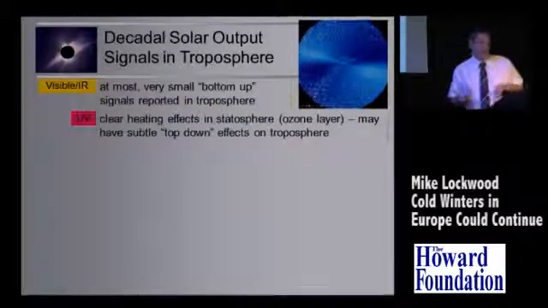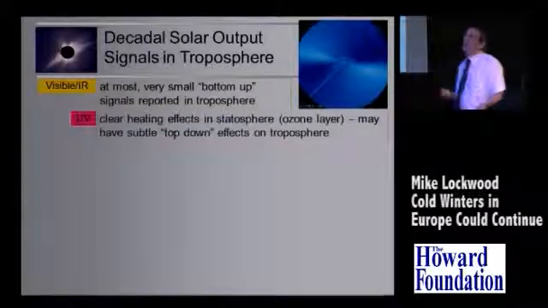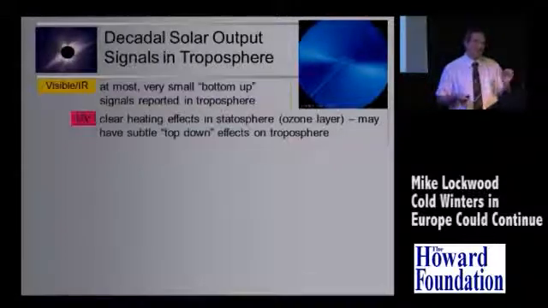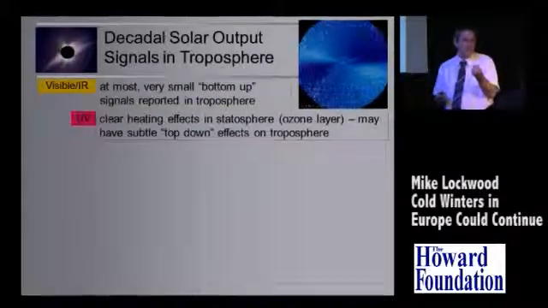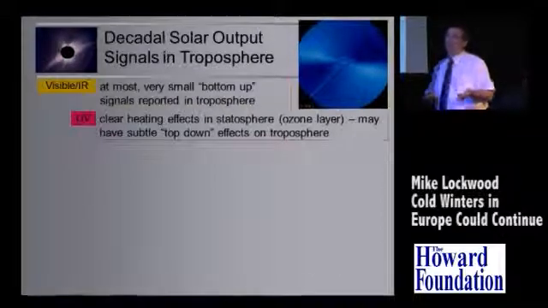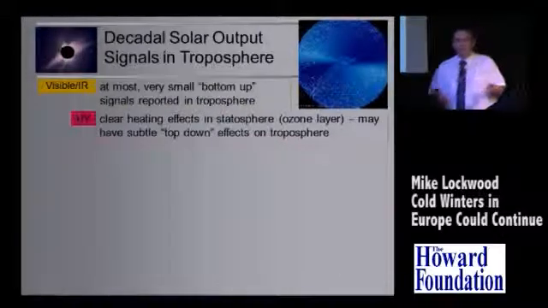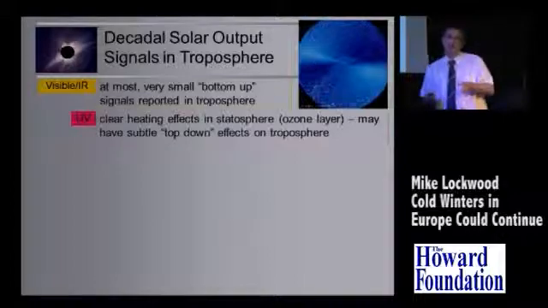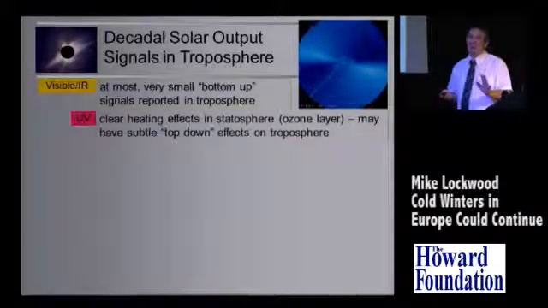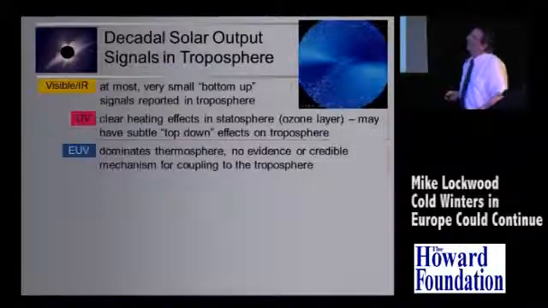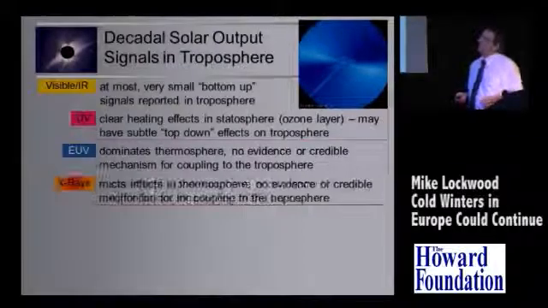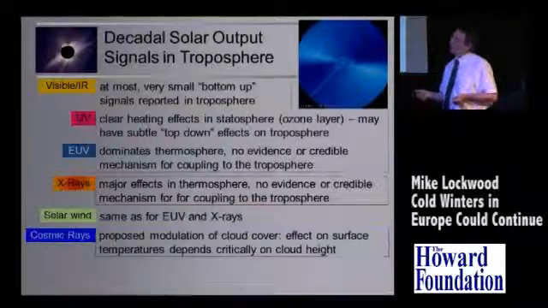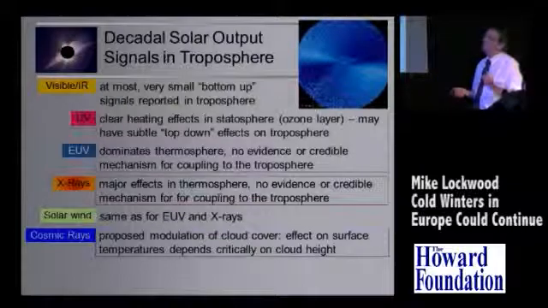The ultraviolet is different. There are clear effects of the ultraviolet in the stratosphere, heating and wind effects in the stratosphere. And there is interest in rather subtle top-down effects. The stratosphere is still a very, very sparse gas compared to where our climate is, and people talk about the tail wagging the dog, but there may well be subtle effects from the stratosphere down, and I'll talk a little bit about a possibility of that, but it's far from proven yet. Again, EUV dominates the thermosphere, so does the X-rays, so does the solar wind, the cosmic rays. I'm not going to talk much about this because you'll hear about this in the next talk from Henrik, but